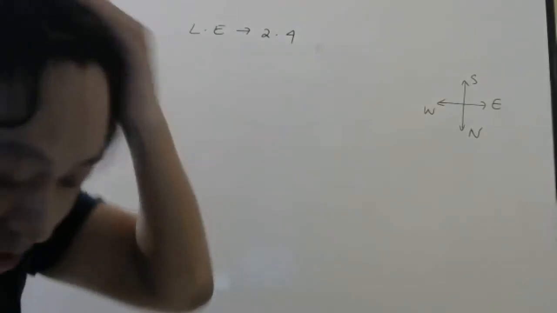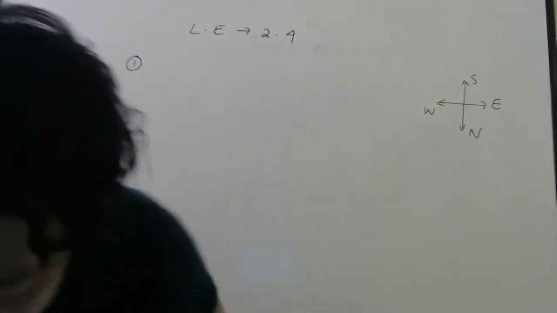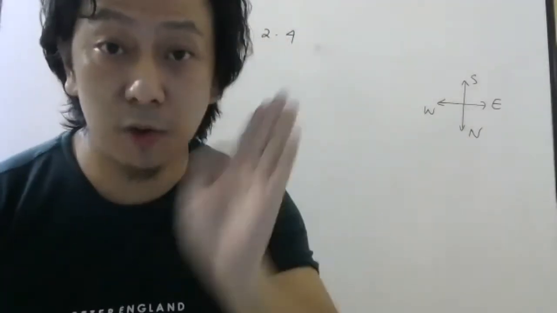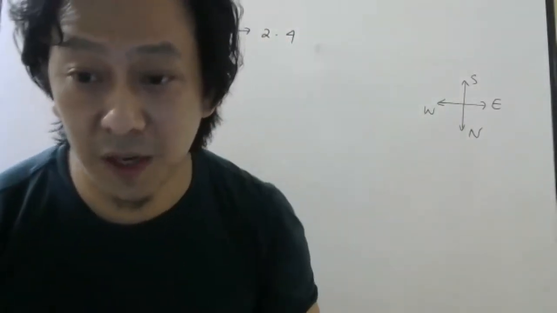So how to draw? First car is moving with what velocity? Magnitude is 10 meter per second. Remember, the number means only magnitude. So the first car is moving with